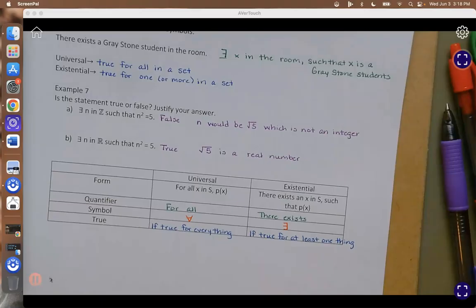Okay, so we've learned about universal, we've learned about existential, we learned what a counterexample was, we've learned what symbols for integers, there exist, for all real numbers. We've learned all those symbols. So now you're going to have